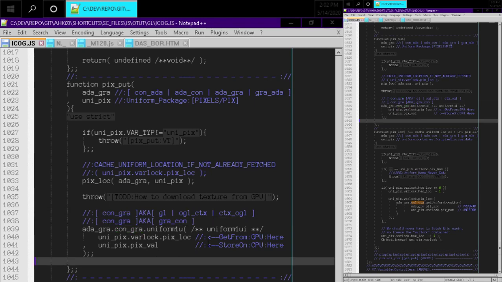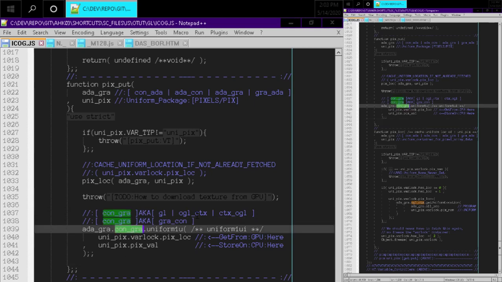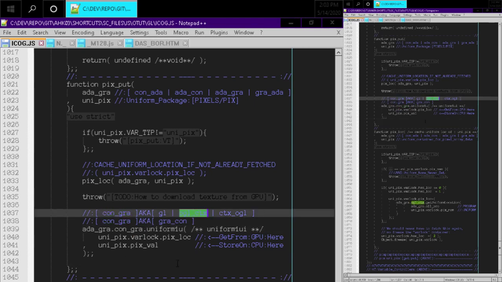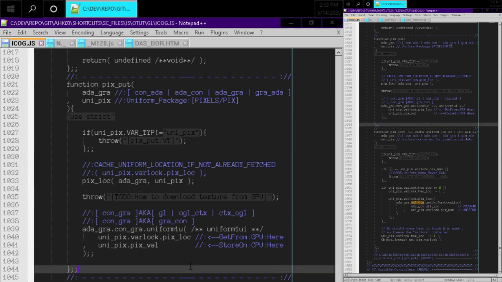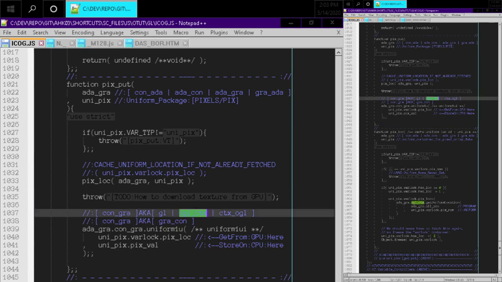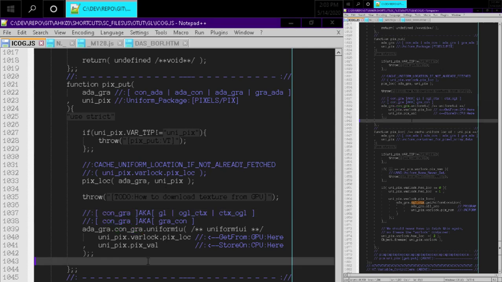So I'm just trying to converge my variable naming. And that's why I'm disallowing this thing called OGL CTX for OpenGL context, because I already used a thing called context graphics in previous code to mean an OpenGL context, and the reason for that is because